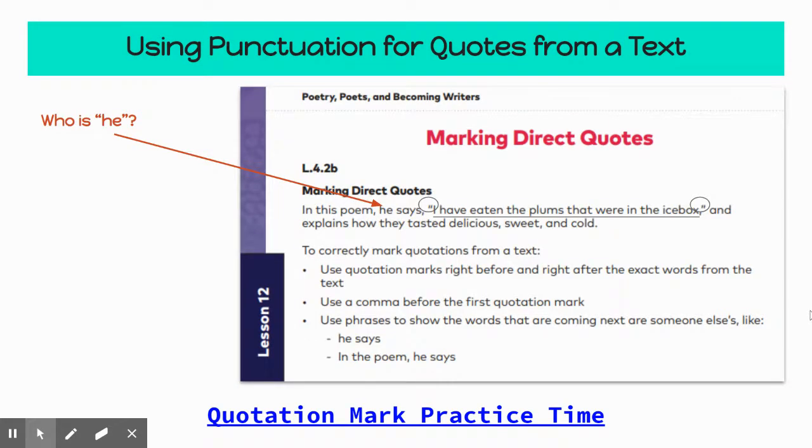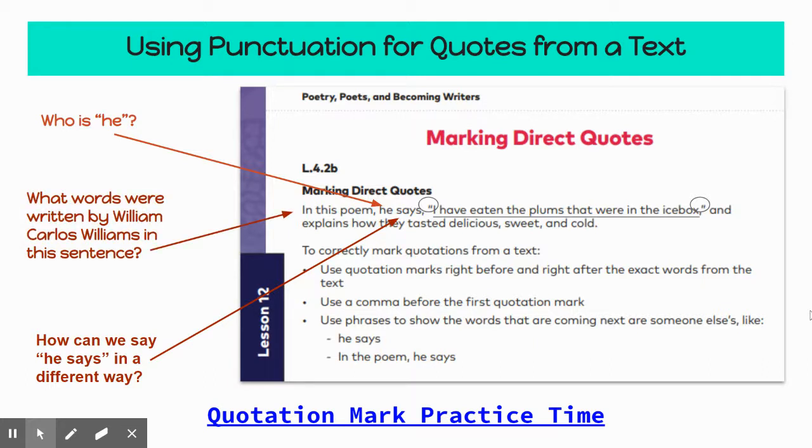So this is a little bit of review for punctuation using quotes from a text. So when we mark quotes, remember, we have to be pretty specific in the things we say. We have a comma after says, and inside the quotation marks are the exact words from the text or the exact words somebody says. You're not going to put he says in quotation marks because when you're talking, he doesn't say he says. Just the words that person said itself. And remember, they come in pairs. So there's one on the front and one on the back.